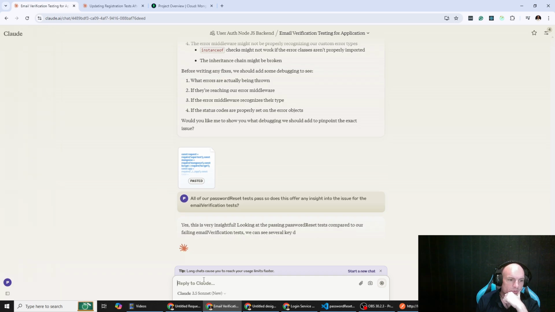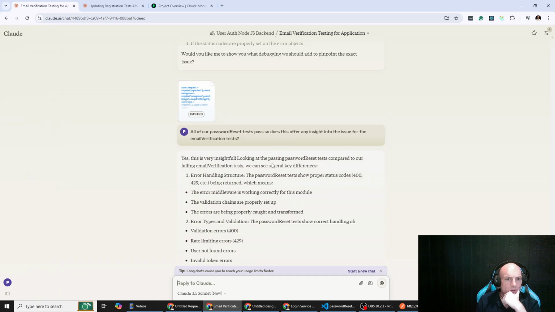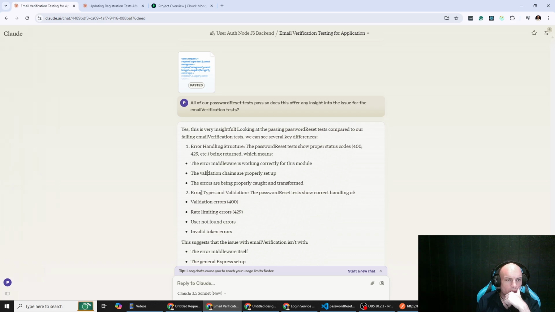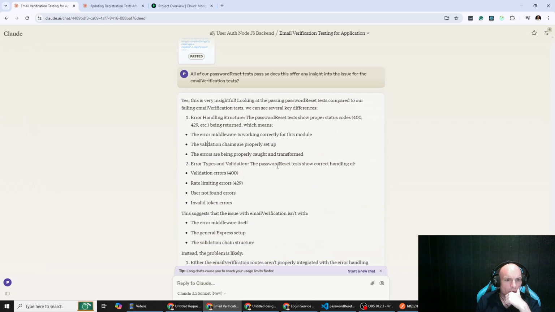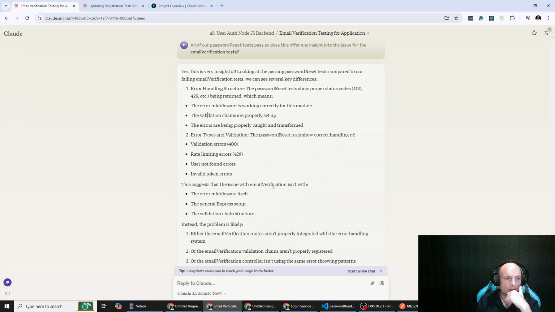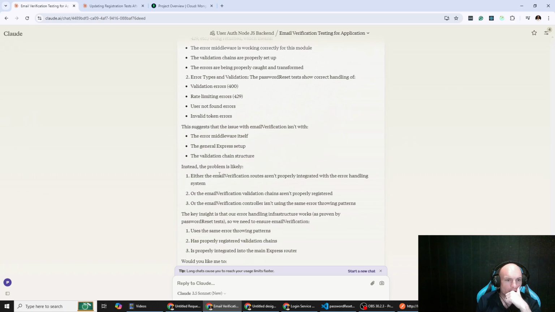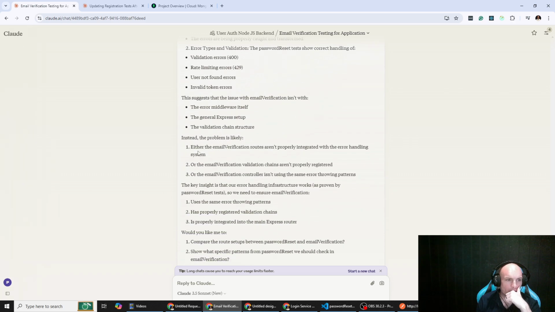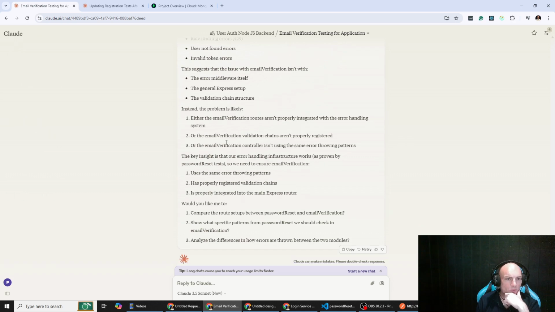Then I want to end this chat because, okay. Error handling middleware is working correctly. Validation changes set up. Errors are being properly caught. The password reset shows correct handling. Yep, this suggests the issue with email verification isn't with the middleware, the express setup, or the validation change. Either the email verification routes aren't properly integrated with the error handling system, or the email verification validation chains aren't properly registered, or the email verification controller isn't using the same error throwing patterns. The key insight is that our error handling infrastructure works, so we need to ensure, okay,